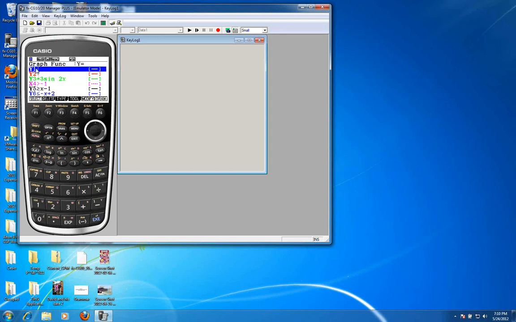Right now I'm in function mode, and to change this to parametrics, you just change the type of the graph that you want to examine. If you look at my screen, you'll see that I've got a function here. I've plotted something in terms of x, and I've got some inequalities. So when I click type, which is F3, I can select parametric, and immediately the available graph slots change to parametric form.